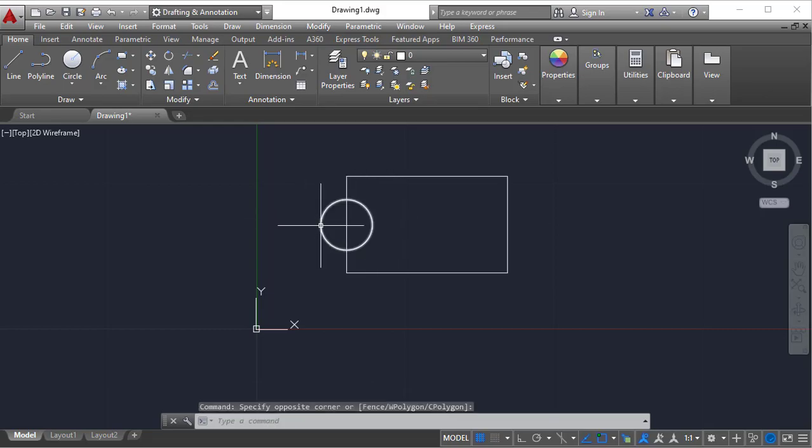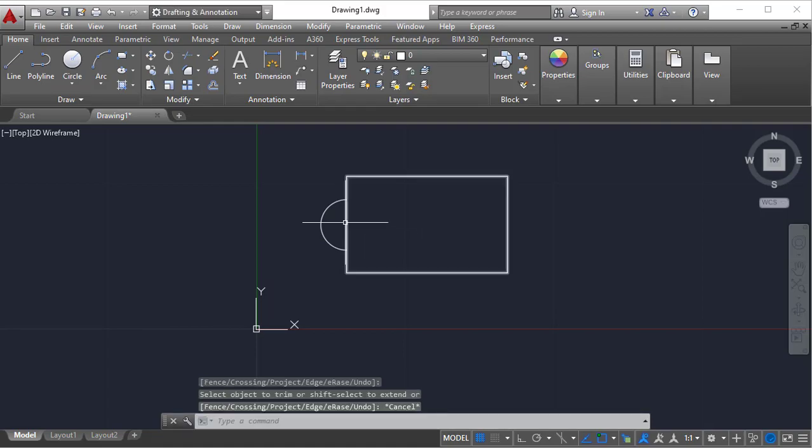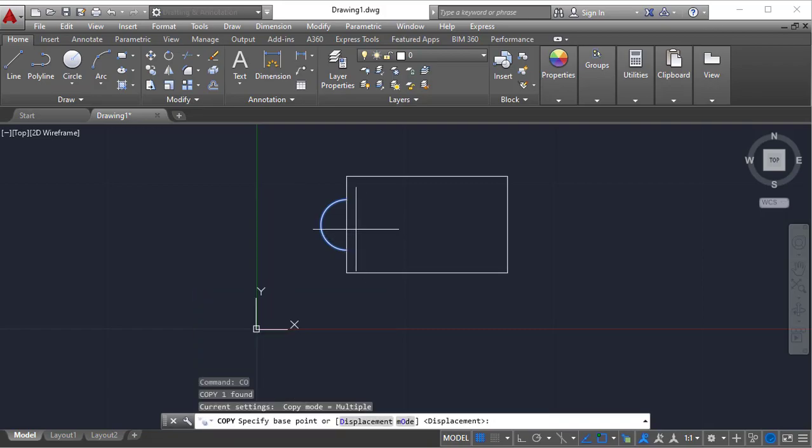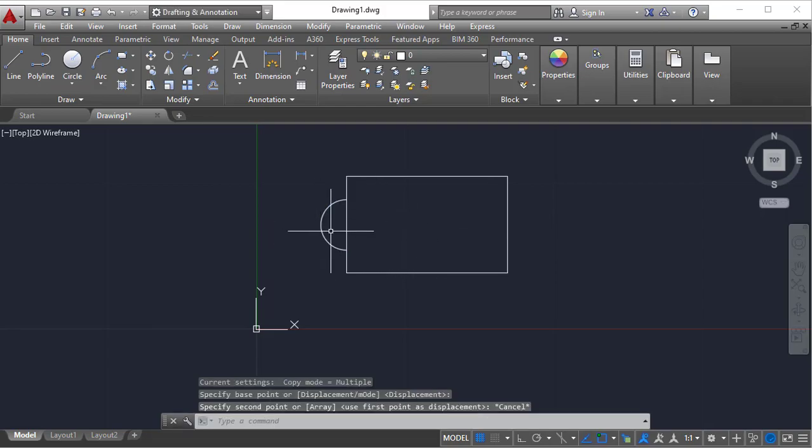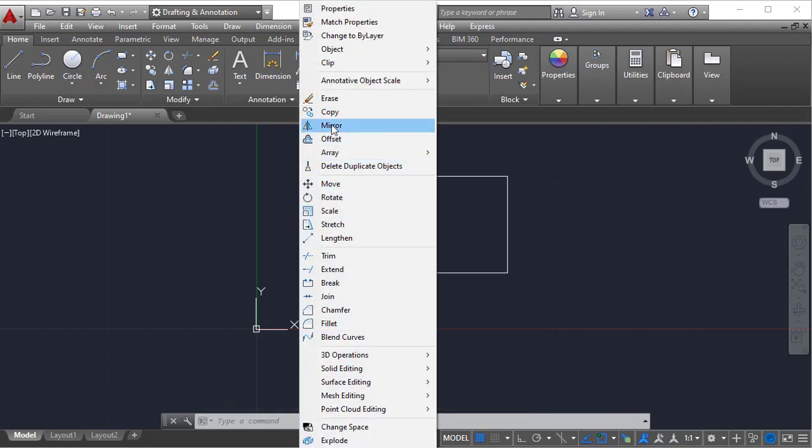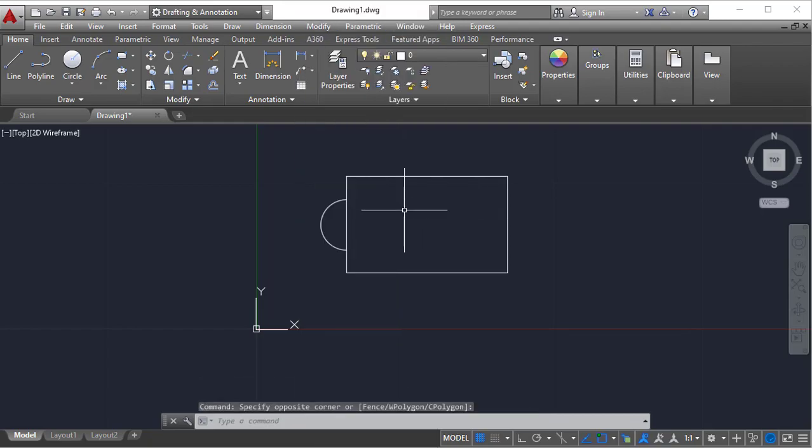But especially these are all symmetrical objects. Suppose I double enter, I just trimmed this one. See, I want this object in the opposite direction like this. If we have an object like this, I cannot go with the copy command or any other commands. So for this kind of particular object we need to use this mirror command. So the shortcut is MI, enter.